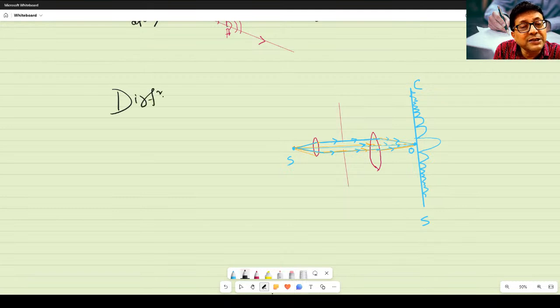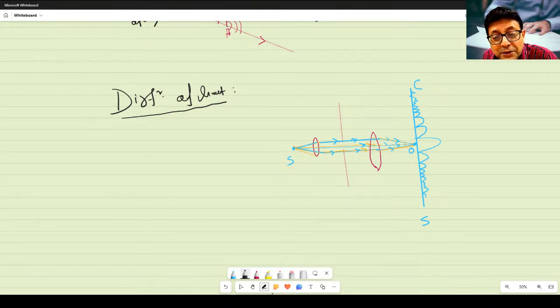Okay, so I am just writing a one line statement, diffraction of light. You should practice everything I am doing here, otherwise you will lose the connection and you will not remember anything after finishing the class with me. So better be ready with your pen and paper and do what I am doing here. And share it with me if possible. You must make it possible. Now I am writing a one line statement.